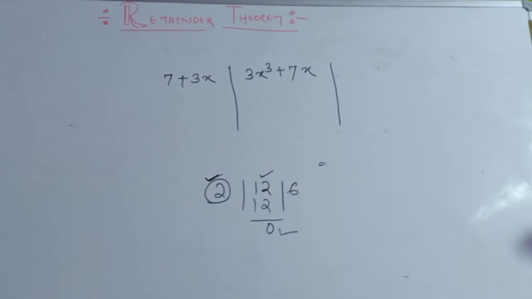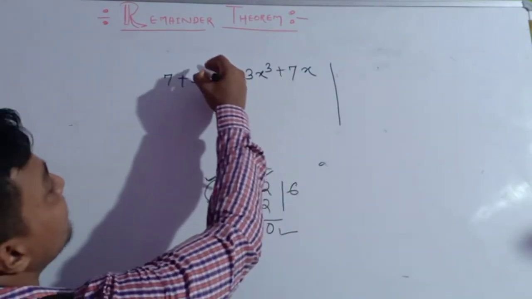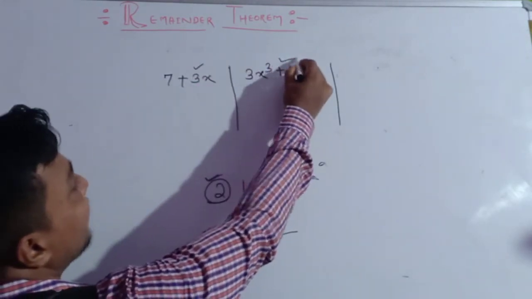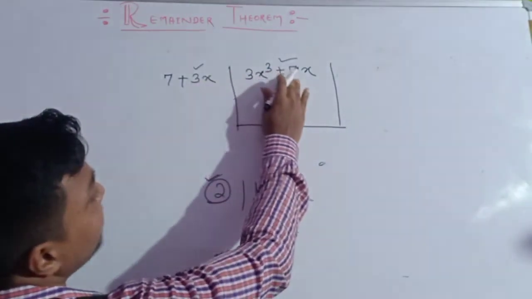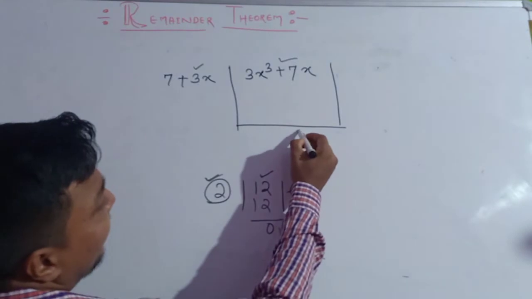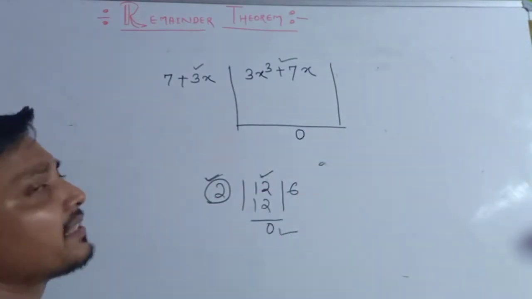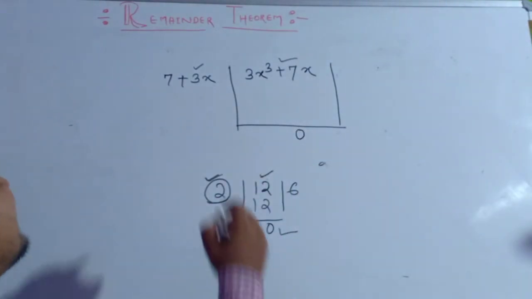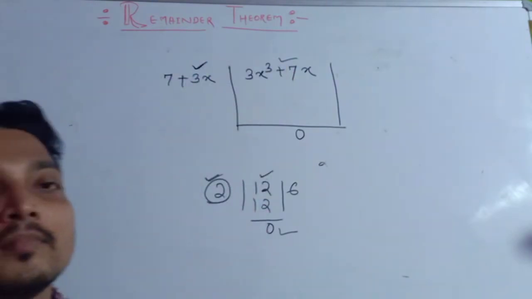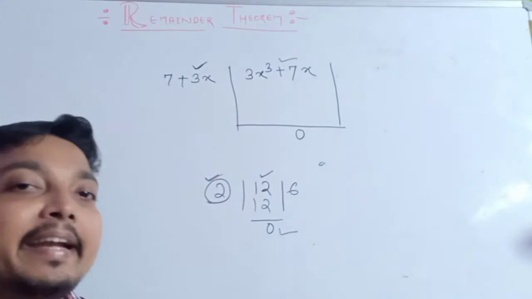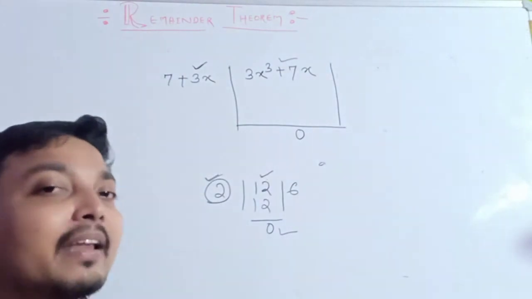In the same way, whenever anyone says check whether this is a factor of that or not, normally one will do the long process of division, and whenever one gets the remainder equal to 0, one can say yes sir, this is a factor of that. But I am doing the same thing using the remainder theorem.